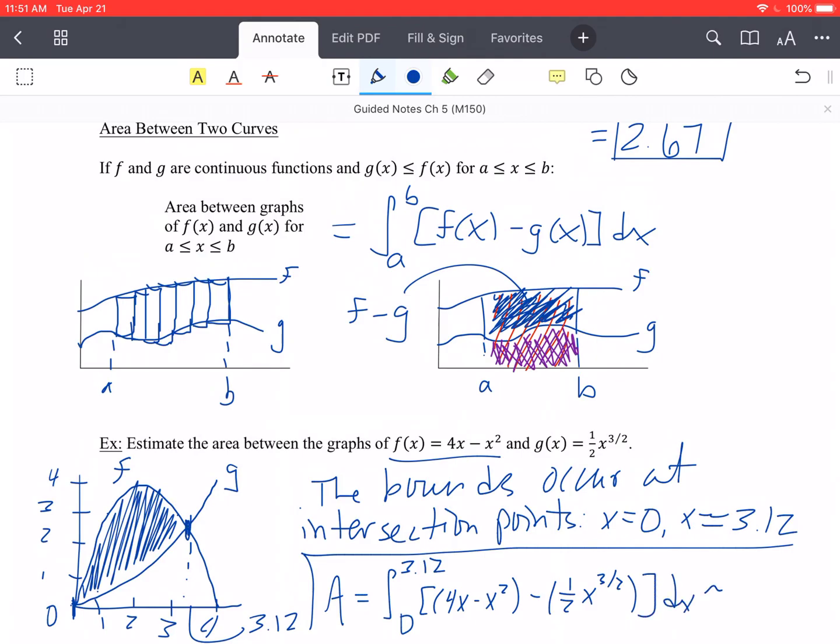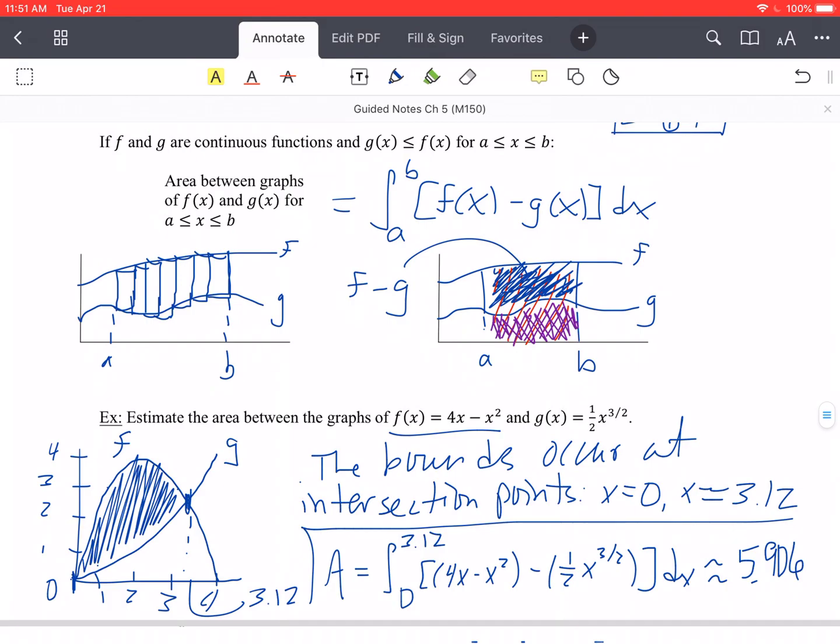which we could find then via technology to be approximately 5.906. 5.906 is our approximate value for that one. Okay. So we can find area beneath a curve, right, using the